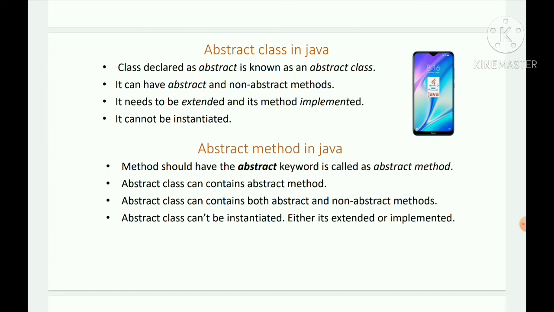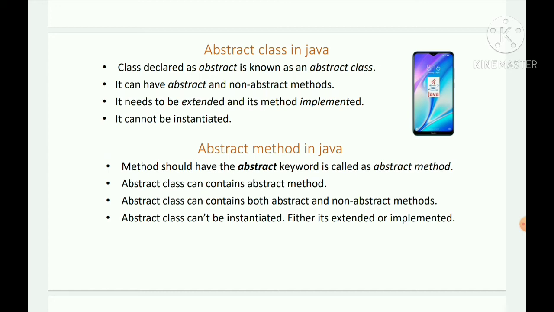Then you need to write the abstract methods inside the class, because a class should have methods, and a method only will do the desired operations, right? Okay. And you need to just declare the methods. You don't have to write the code for that method. So the abstract class only contains the declaration of the abstract method. As well, you can keep the non-abstract method. Non-abstract method means you can give the normal methods. Those methods don't have the abstract keyword, so they become non-abstract methods, right?